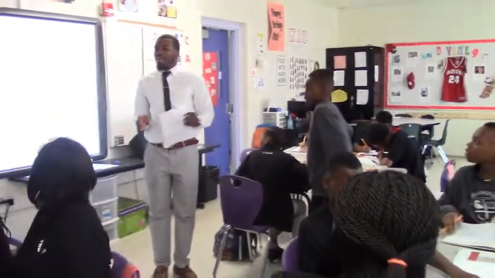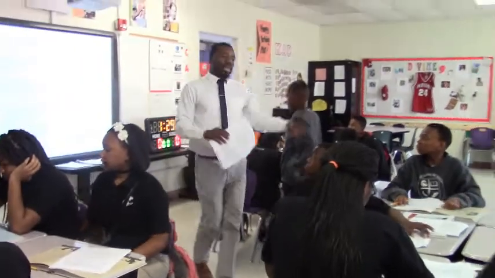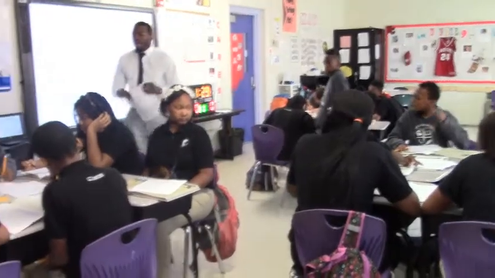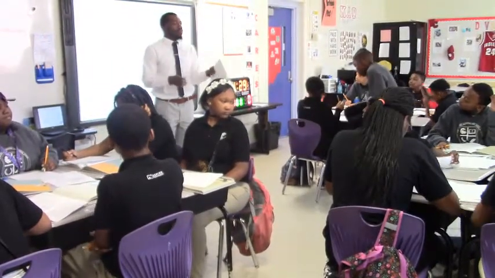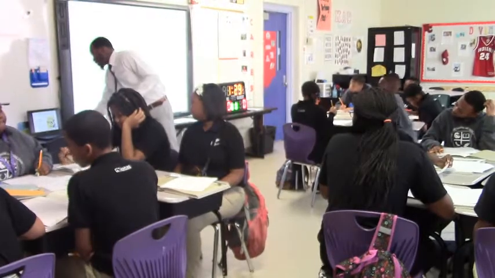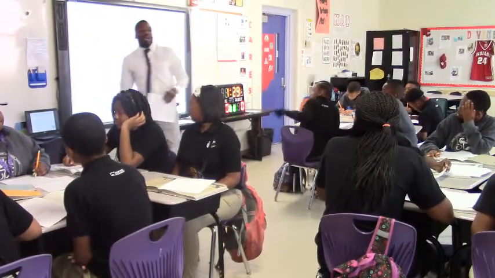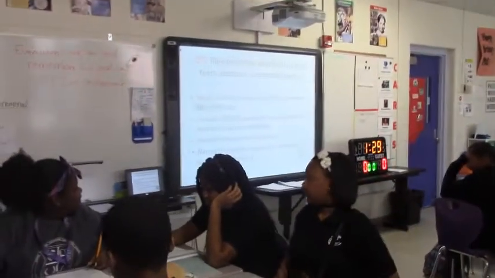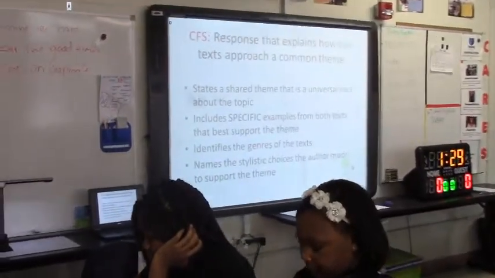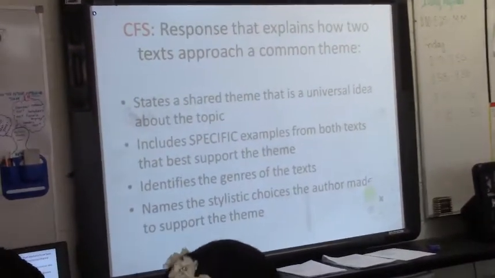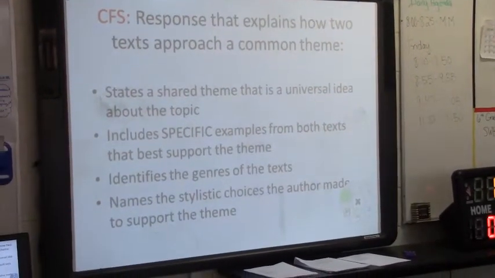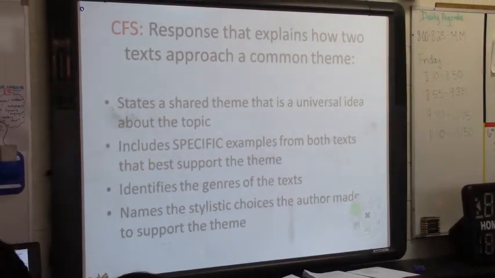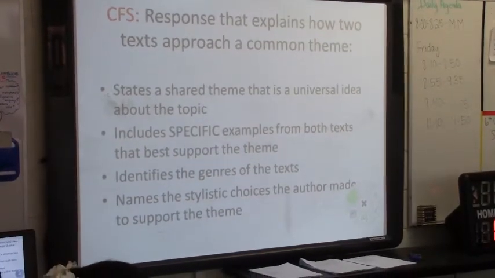All right, so we've had enough time to brainstorm, to find as many as possible. I think it's time to actually get it written out. So, when we write it out, we're going to write it at the bottom of our revised TDQ. When we do that, we have a CFS. In our criteria for success, you need to state, what's the first thing you need to state? Theme! You need to tell me what theme or universal message does this poem and the Odyssey both share. And did we already do that? Yeah! Right, where is it? Right there. So, I should see everybody writing our shared theme that we have for both.